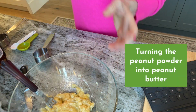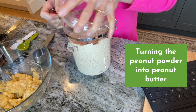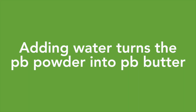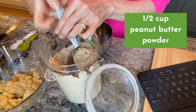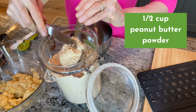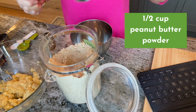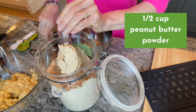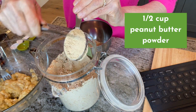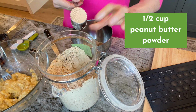I think what I'm going to do is take this and first reconstitute the peanut butter powder. This is a 1/4 cup measure, so I will do 2 of these. And there's 1, that's a 1/4 cup. And here is the other 1/4 cup. Right into the